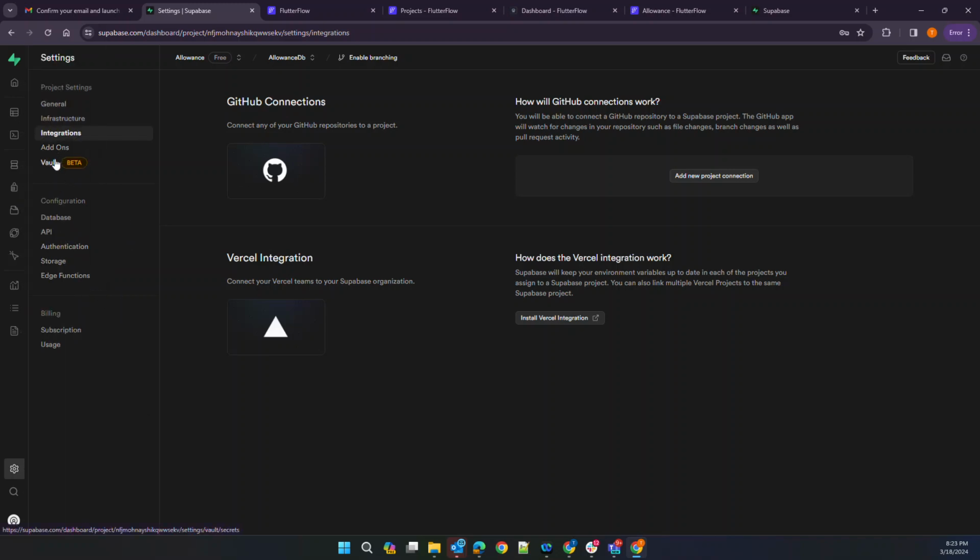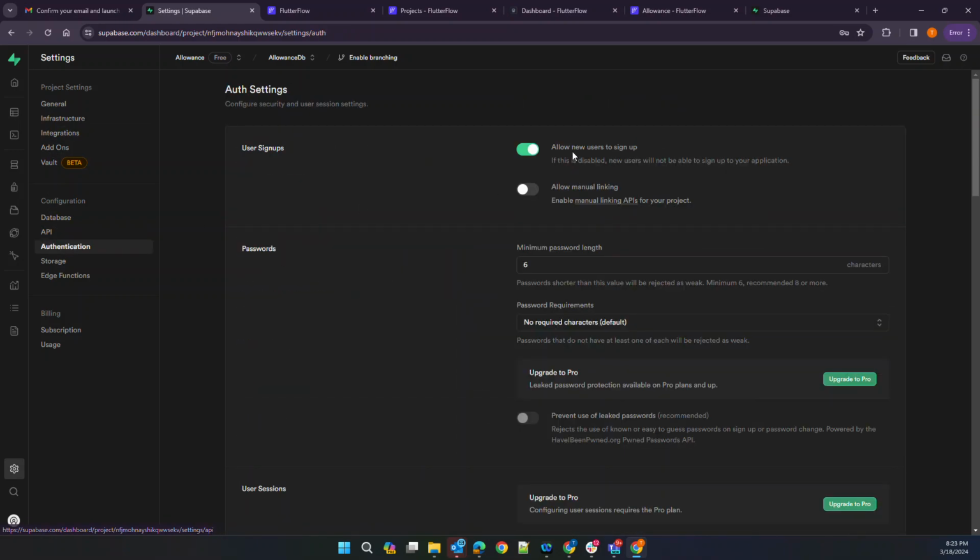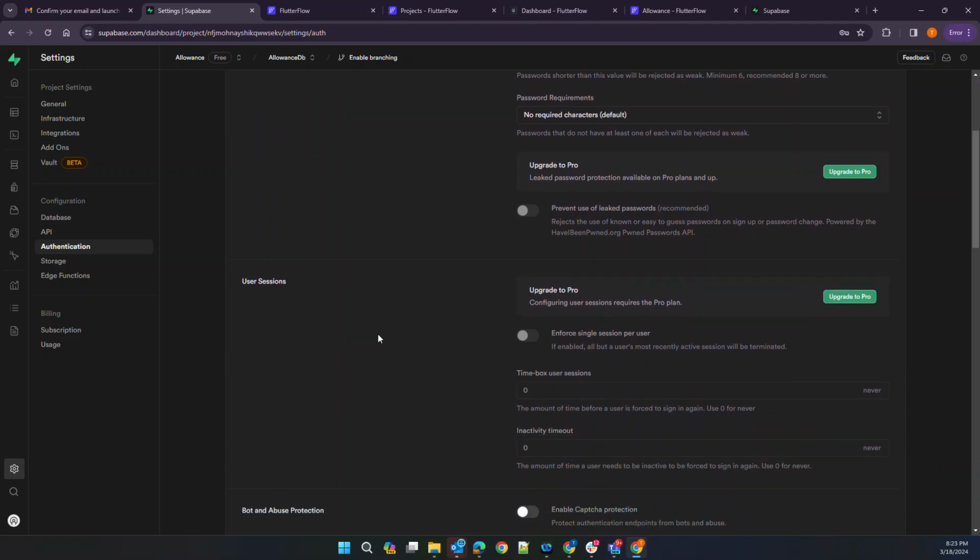Let's go to authentication. So allow new users to sign up. Of course, we want that turned on, and you can set your minimum password. So we make sure that that's set up for us. User sessions, we're not going to have for free. You have to upgrade for that, so we can make sure that there's only one session, so people can't double